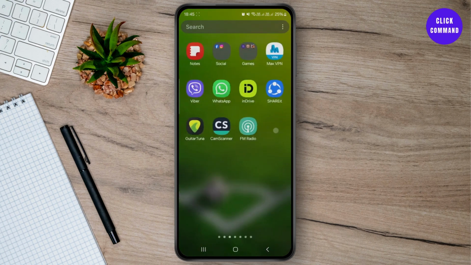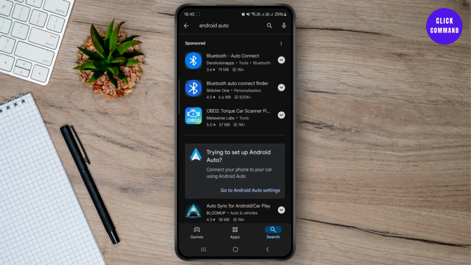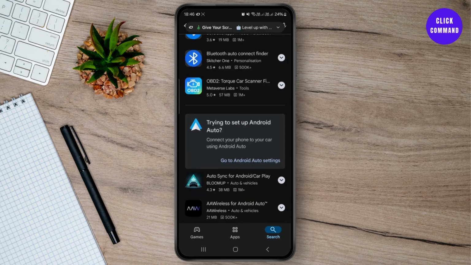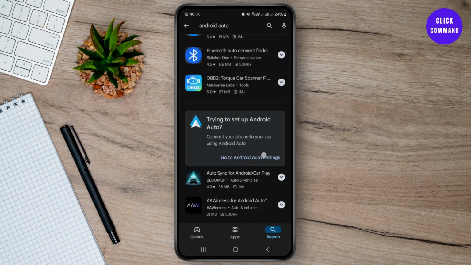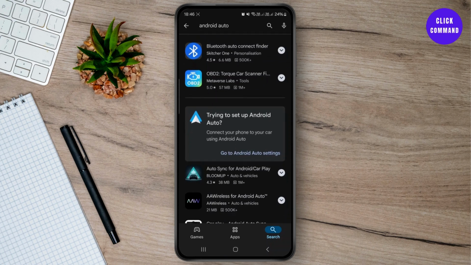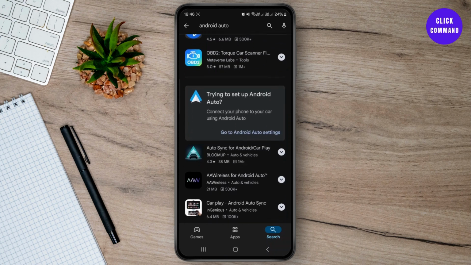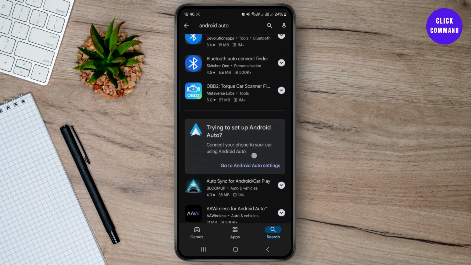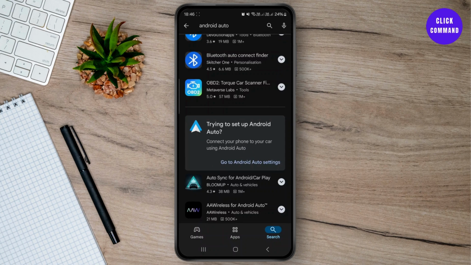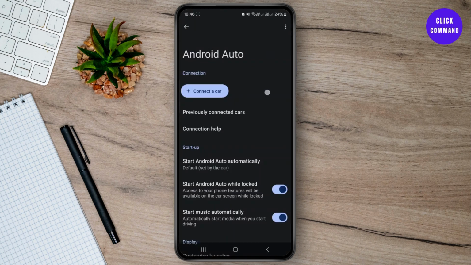Once you do that, I want you to come over to Play Store and simply search Android Auto at the top, and you will see if your device has automatically installed Android Auto. You will see the option called go to Android Auto settings like this. You can tell, so you don't need to download any application because it means that it has already been installed on this device. So once you come over here, you just need to click on go to Android Auto settings,